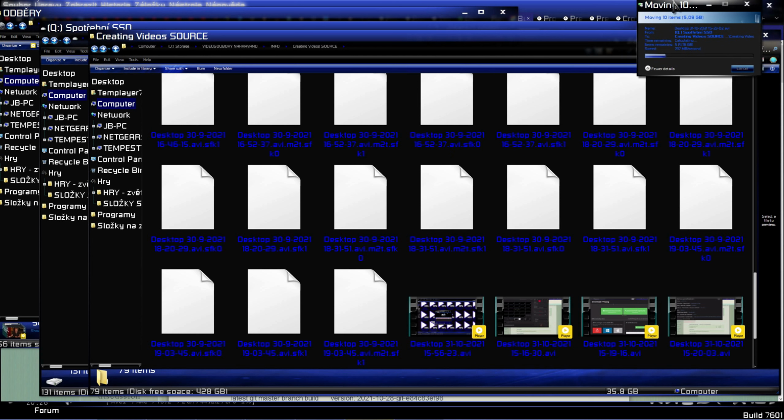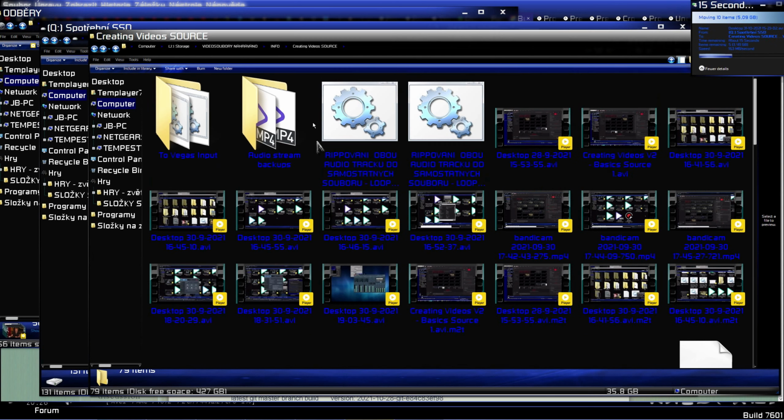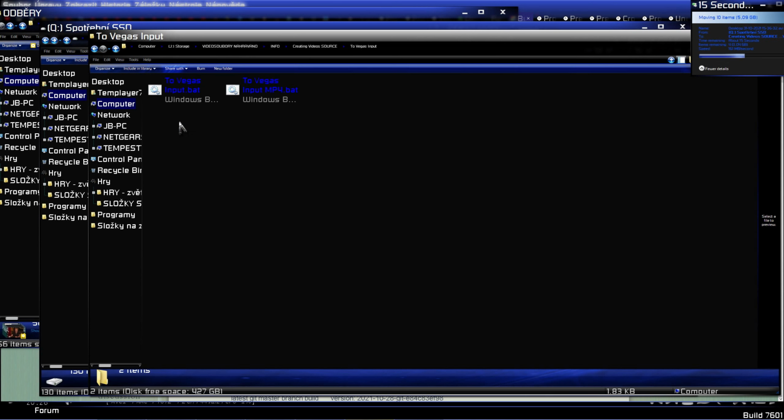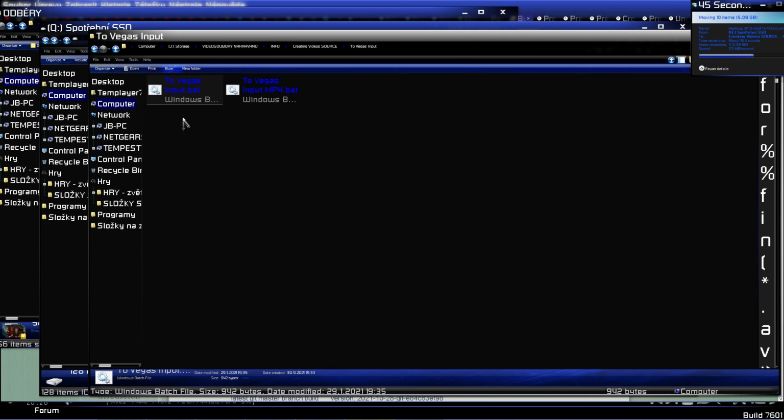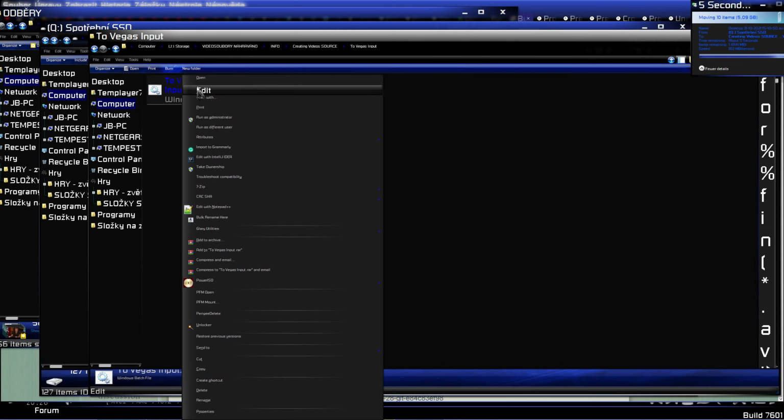And while this is going on, I'm going to need to check: do I have two Vegas inputs? Oh, I should have put them here instead. I'm going to need this one. So I'm going to show what this does. This one does AVI files. This one does MP4 files. Let's check out